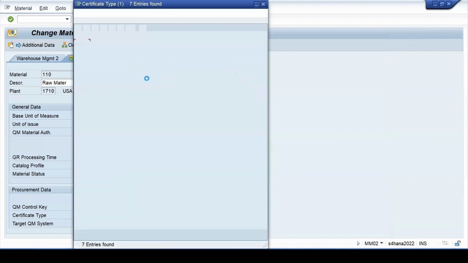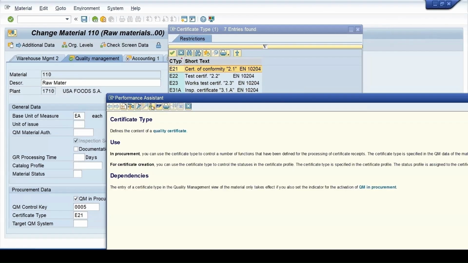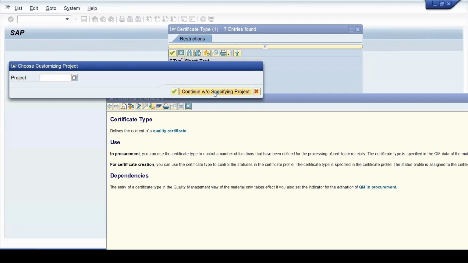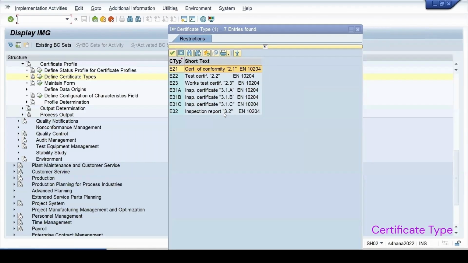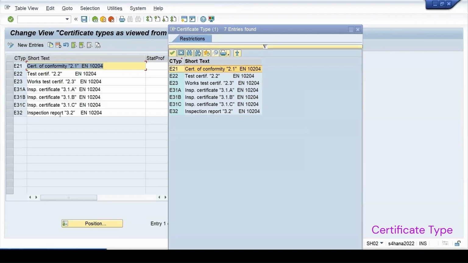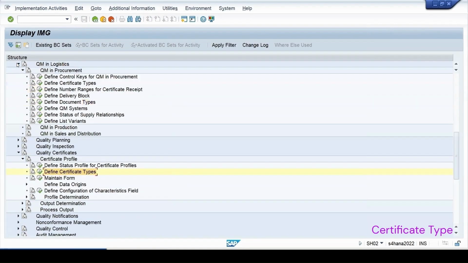At present, if it is say E21, it was asking me for the acknowledgement of the certificate, whether it is given or not. So if I press the F1 key, it will check out the configuration, define the certificate type. So if I select this one, E21, from the configuration we are handling whether we want a warning or a simple message for that particular certificate type.